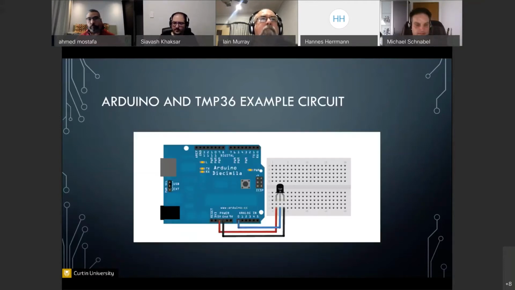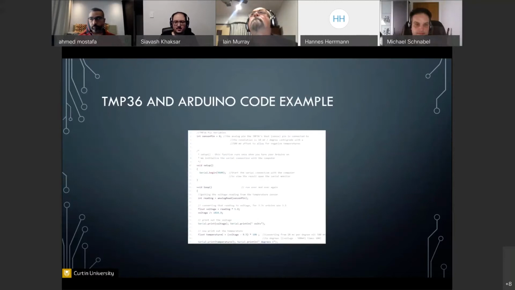So the connection of this one is fairly simple. You have 3 pins. One of them gets connected to your ground. One of them gets connected to an input voltage, and then the third pin, which is a signal pin, you connect to one of the pins of your microcontroller. We do an analog read on that pin, and we monitor the changes of that,